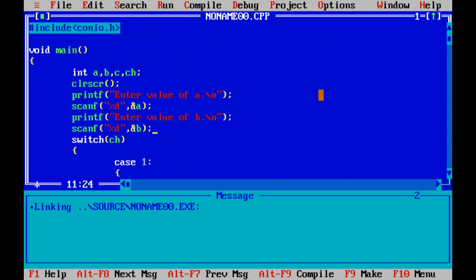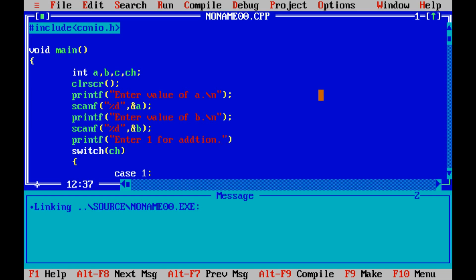I totally forgot about giving the user a menu. Let's give it a menu. We got invalid choice because the ch didn't get any value from the user, and switch tested the value of ch, which will be having a garbage value which did not include case 1, 2, 3 or 4. So it got into the default and gave an invalid choice